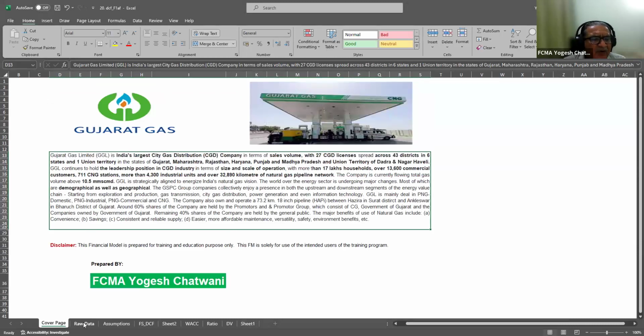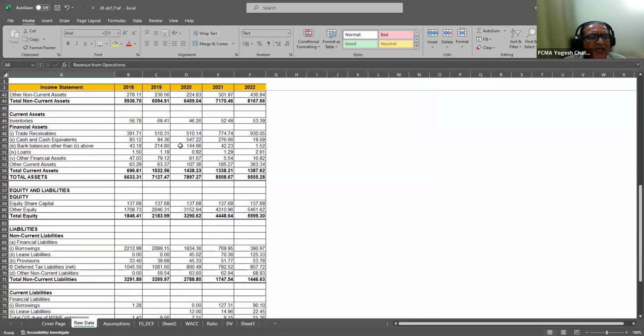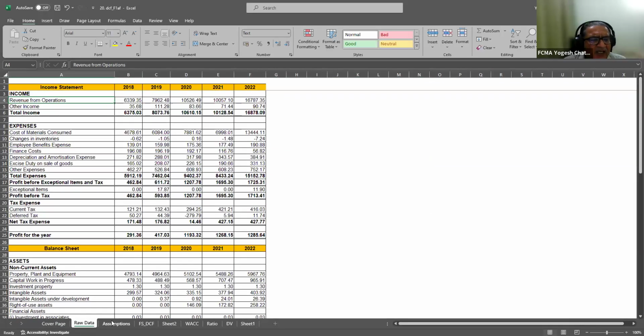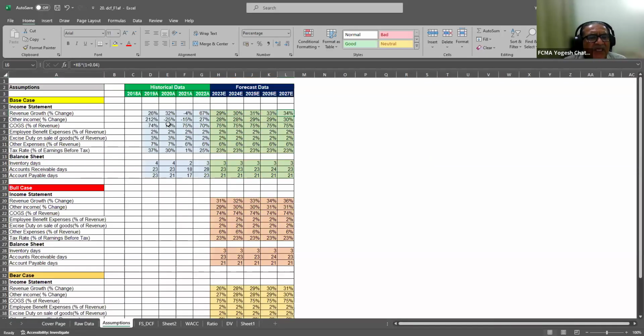And then, this raw data I explained to you. Then assumptions. Making projections or assumptions is the crux, and is very critical in developing a financial model. We can do this in a very, very detailed manner. I have done this just for a representation purpose, just for sharing knowledge, but you can do this projection